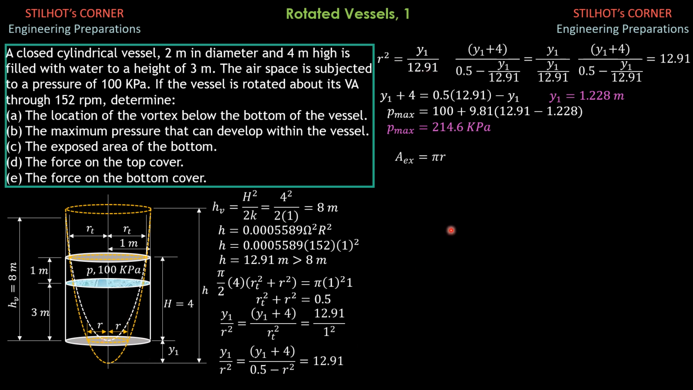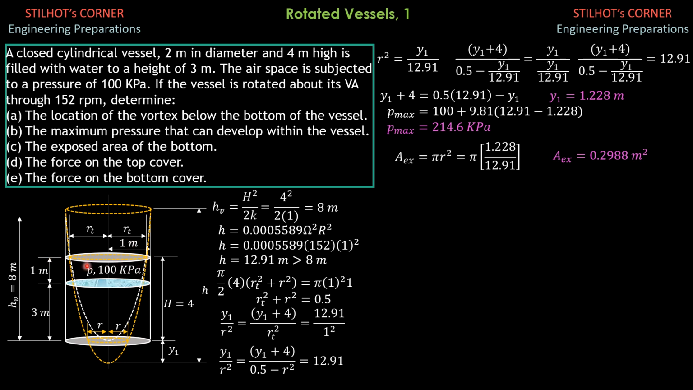So the area exposed is pi times y1, 1.228 over 12.91. So that area exposed is equal to 0.2988 square meter. Next, the force on the top cover. The force on the top cover is equal to pressure 100 times the area of the top cover, which is pi